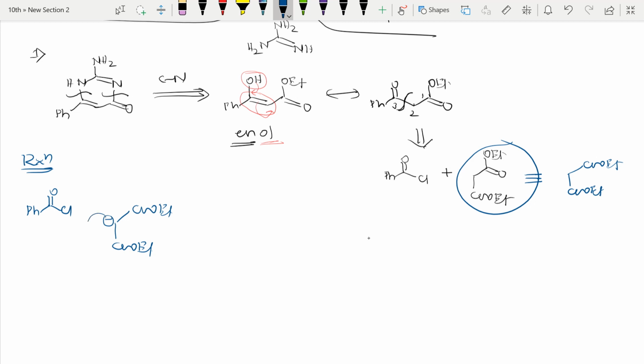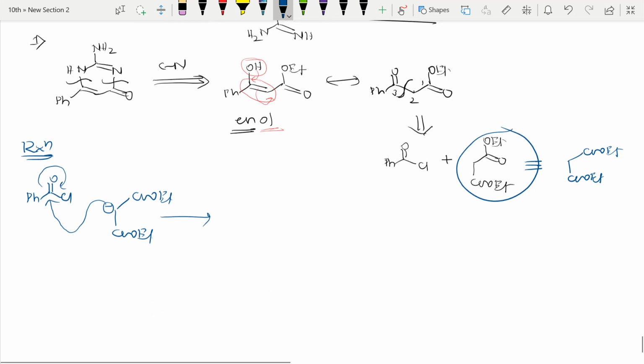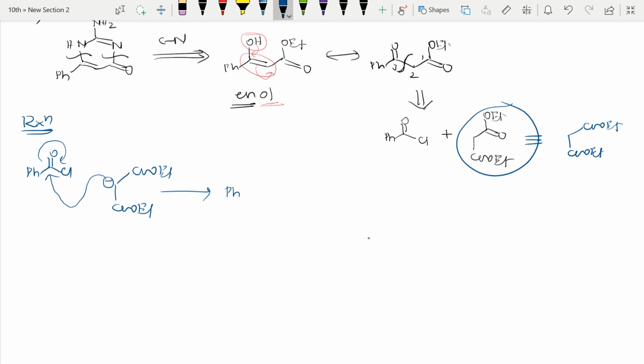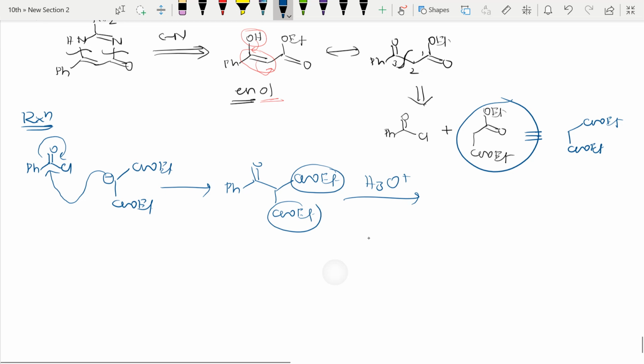We should write the always-stabilized structure, but we know all those basics, so I am showing only the electron density now, right? Ph is there, CO, CH2, COOEt here, and COOEt here. So I will do hydrolysis first, so that the ester group will be converted to the acid group COOH. Second step, I will heat, so one molecule of carbon dioxide will be lost, so I will get this product